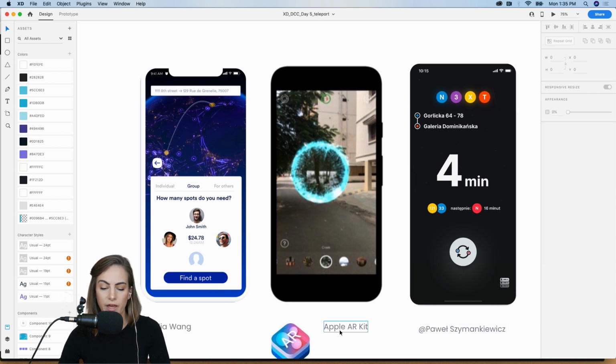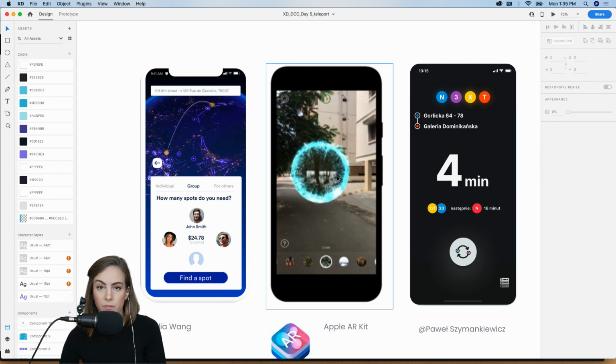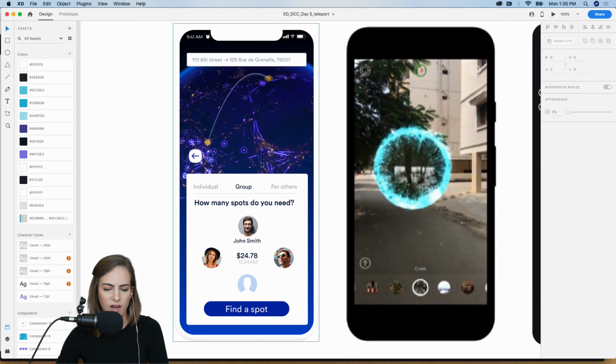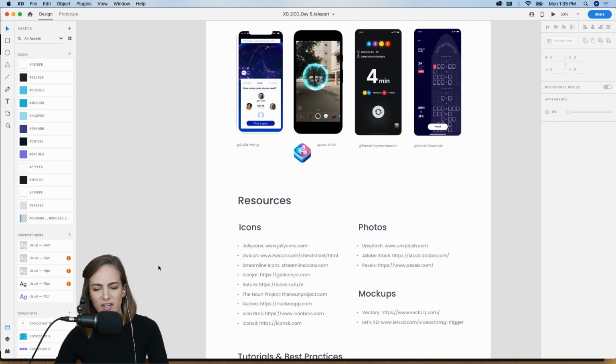Apple's ARKit has one that shows you a visual representation, like AR, wherever you are, and it'll show you a little portal. So you could do something like that with Auto-Animate. Or this one was my favorite, by Celia Wang. I loved this, so I'll zoom in a little bit. I loved this illustration up here showing you all the circles of places where you can teleport to. That was so cool. And you can reserve all the spots that you want. So yeah, just go wild with that.